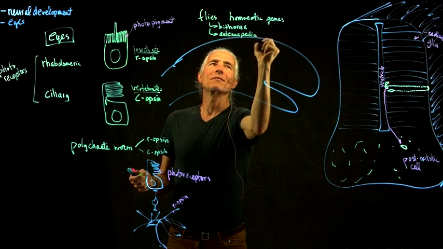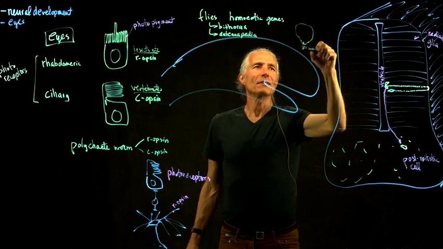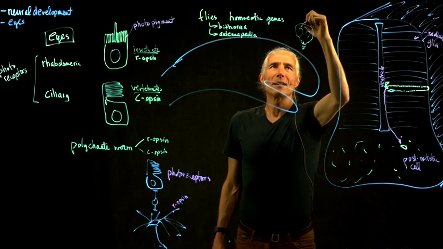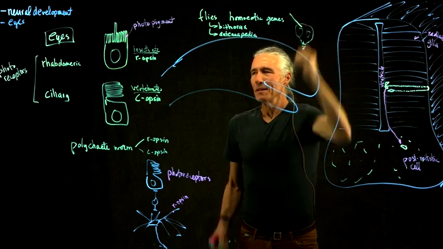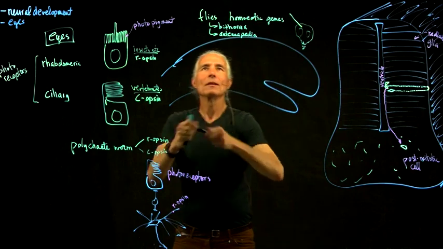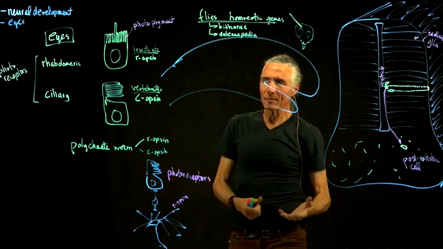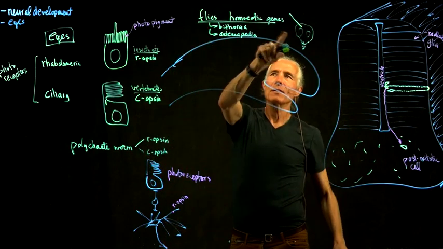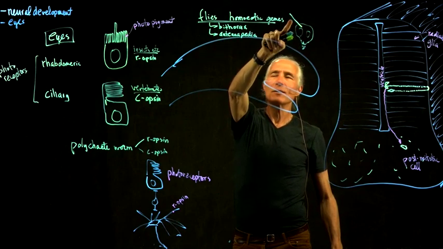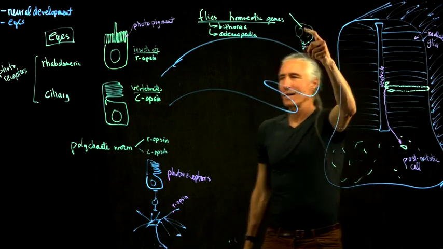Antennapedia. And so what happened there is you'd have a fly head, there's the tongue of the fly, eyes of the fly, and then where the antennae are supposed to come out, instead you've got a leg. So it was very clear that these genes are somehow involved in the specification of what each segment is supposed to do. And so if those genes get messed up, they actually cause the creation of all the downstream genes that will make a leg to just go and do their own thing, except they're stuck to the head,